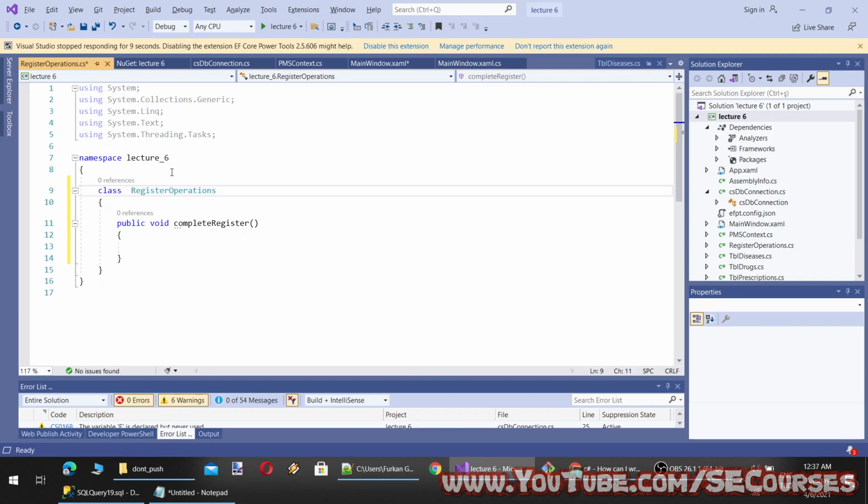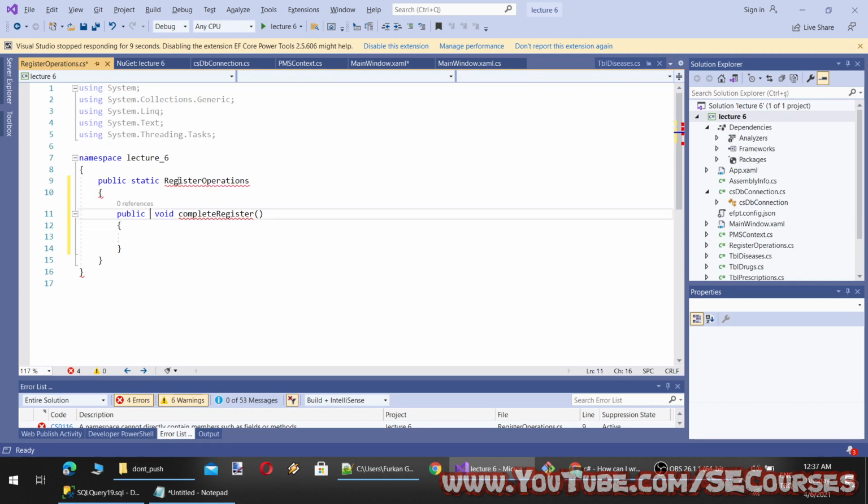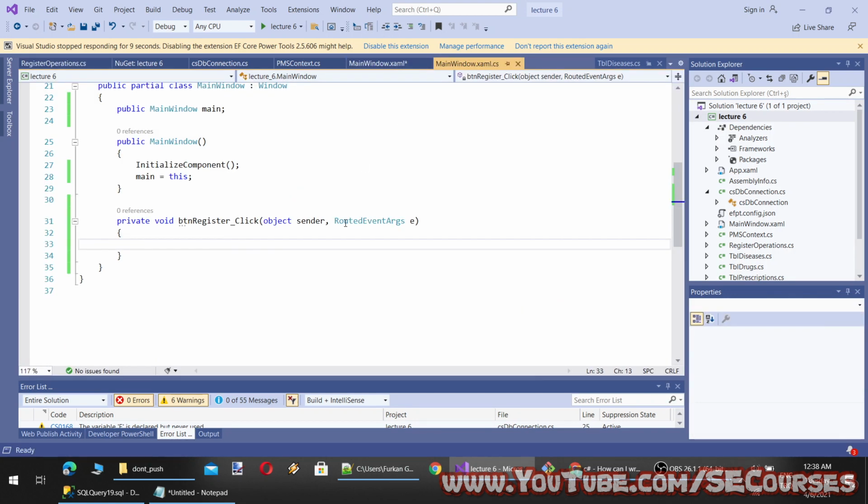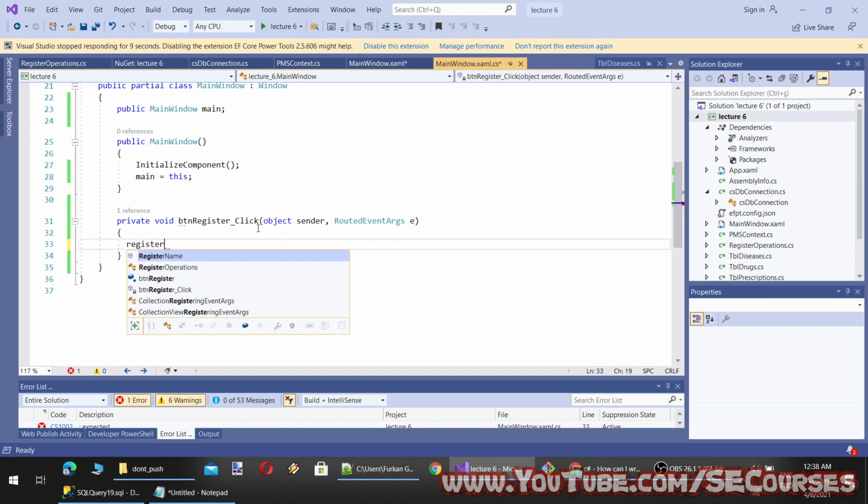So let's make it a static class, and this will be public static. So this button will simply call this method inside RegisterOperations.